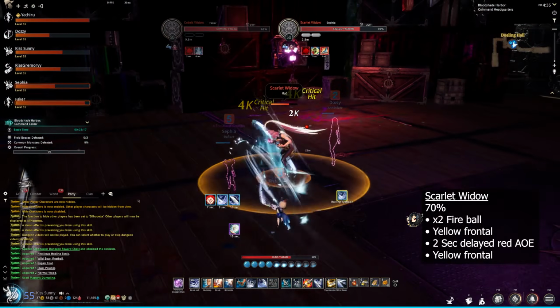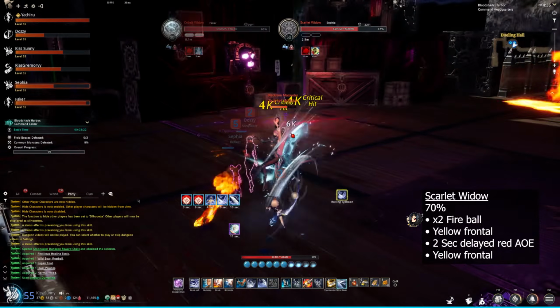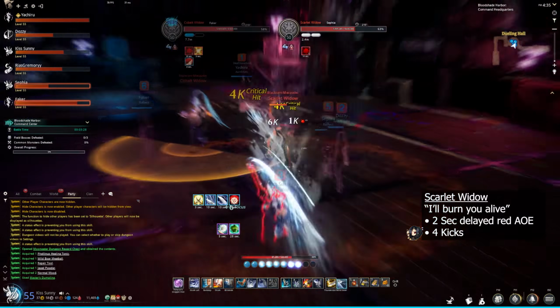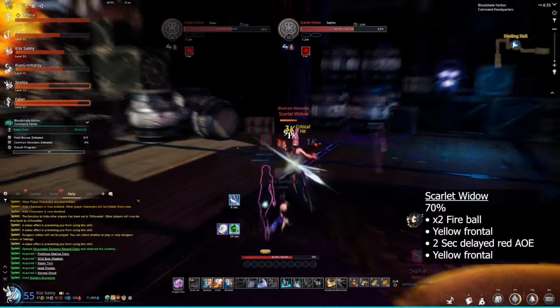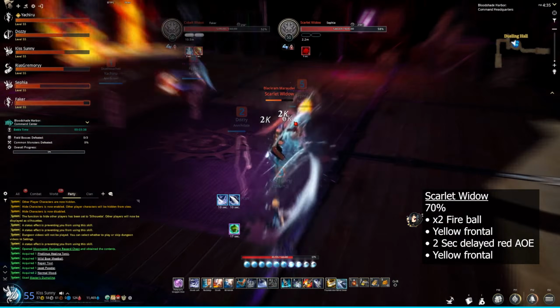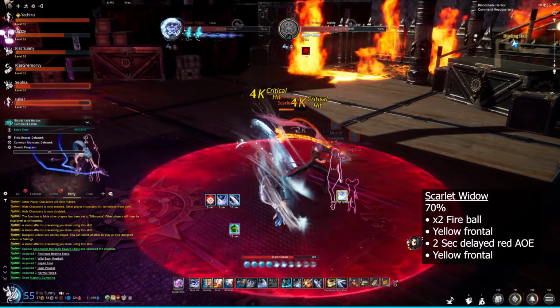Here we reach the 70% mark, and she changes stance with a yellow AoE around her. In her range stance, she starts off with 2 fireballs. Here she decided to do her insert attack, which is a 2-second delayed red AoE with 4 kicks. The first fireball here is a range check, and the range check also caused the boss to reset its attack rotation, so we're back to 2 fireballs, a yellow frontal, 2-second delayed red AoE,